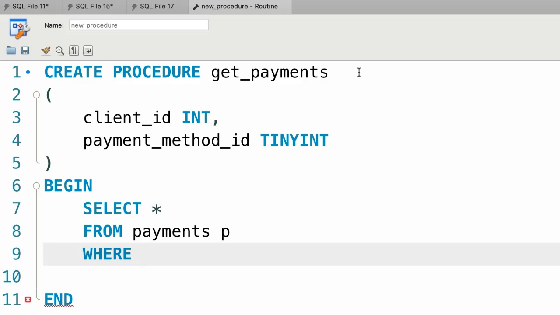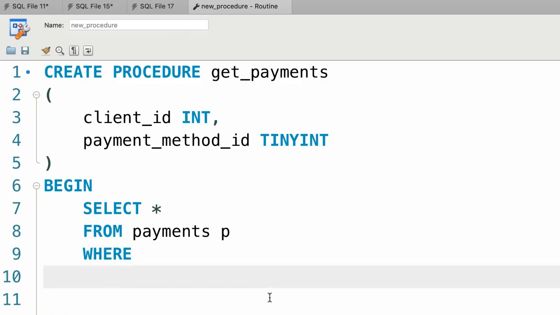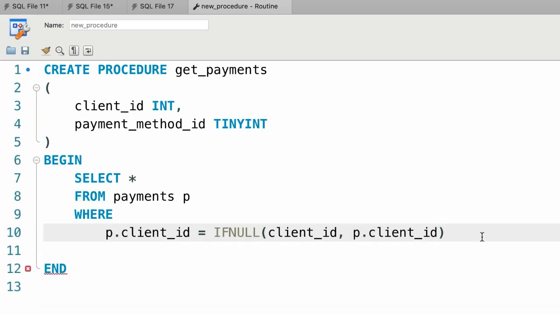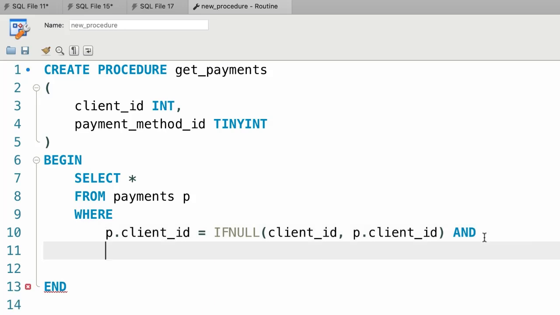need to type 2 conditions because we have 2 ways to filter data. The first one is for the client. So p.clientID is equal to, once again, we use the ifnull function. If the client ID parameter is null, we want to use the same value in the client ID column, right? Let me zoom out. All right, this is our first condition. Then we need to apply the AND operator followed by our second condition. p.payment method is equal to, so note that the name of this column in this table is payment method, not